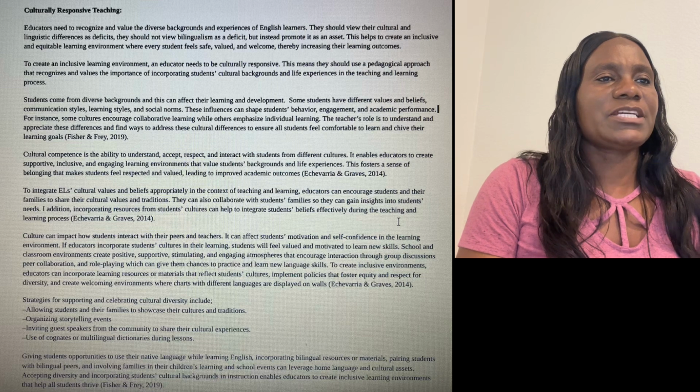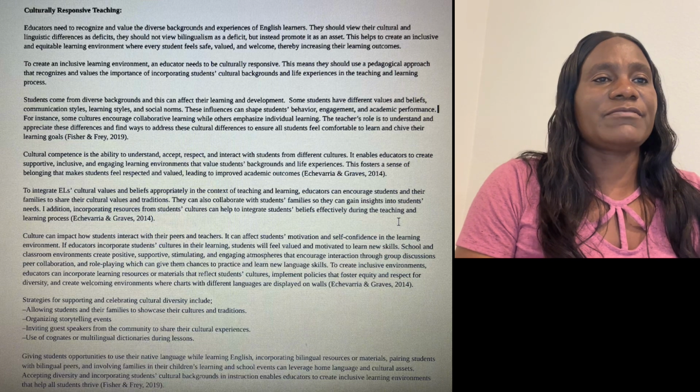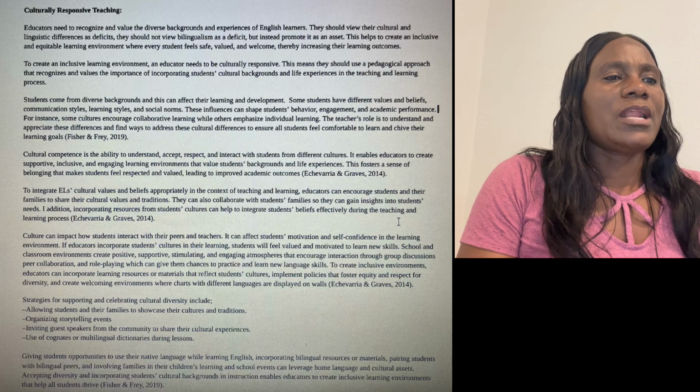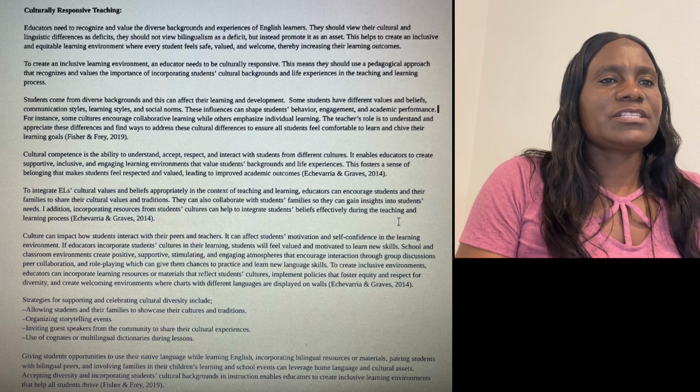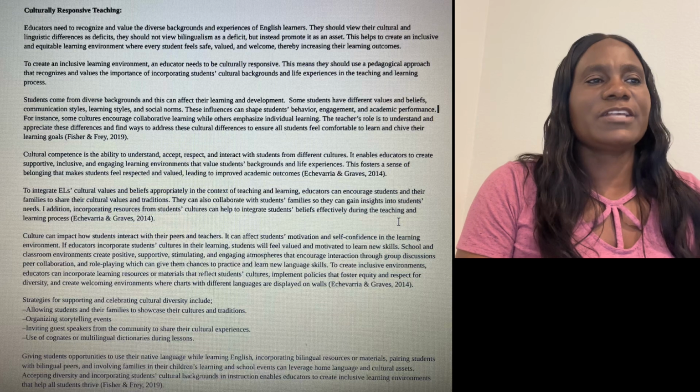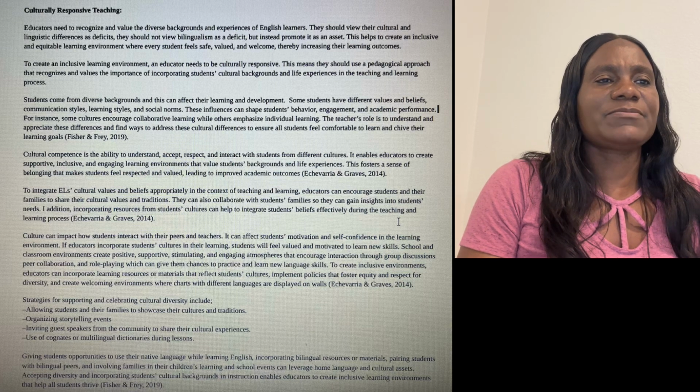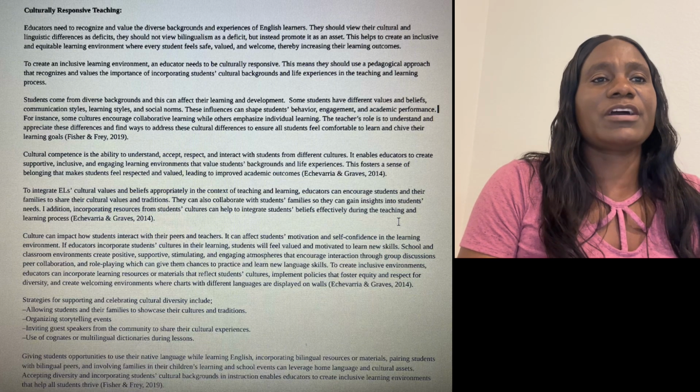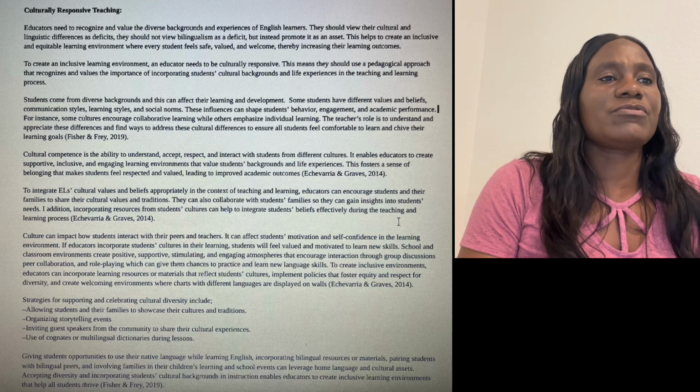Strategies for supporting and celebrating cultural diversity include allowing students and their families to showcase their cultures and traditions, organizing storytelling events, inviting guest speakers from the community to share their cultural experiences, and use of